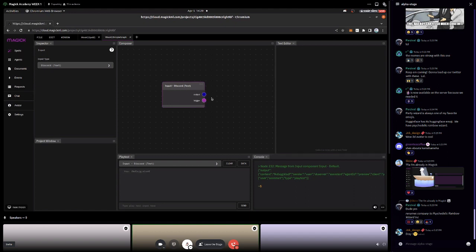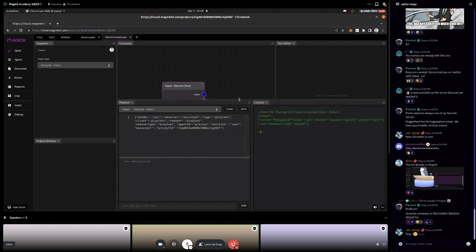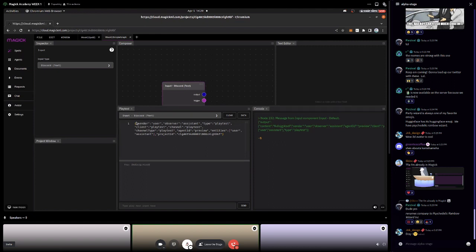And this blue output represents an event output. The event data, I can actually view what is being sent through my playtest. There is a data button here. It's a little messy. We're going to make this a little nicer with some presets, but for now you can see there's just like a data object. And that data object contains all of the information that we are sending to the input. So I wish we could just send like hello world, but even though we're in this playtest, we still need to pass in a whole lot of detailed information for the graph to function the way that it's supposed to.